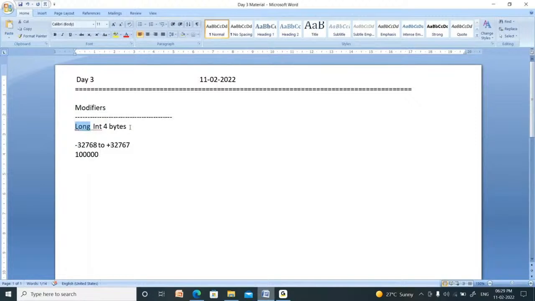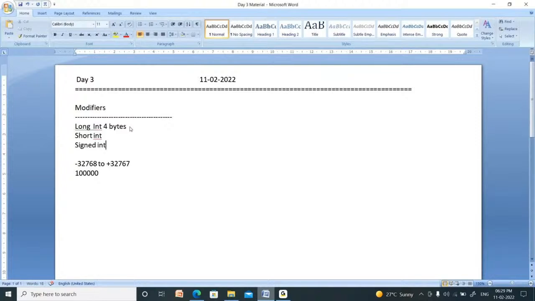Now I want to reduce the size of integer. Then I can use short int. I want to store only negative numbers. Then I can use signed integer. Sign means minus sign.